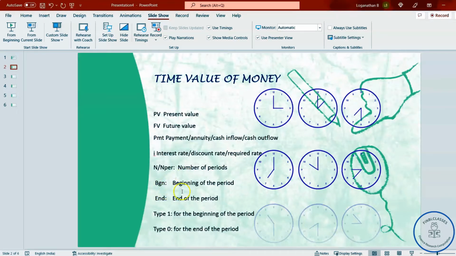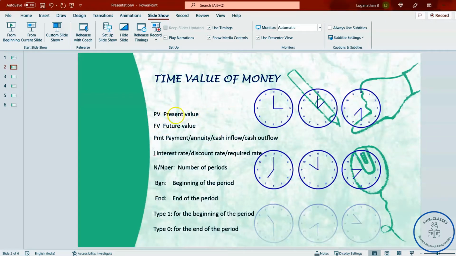Beginning is the beginning of the period, end is the end of the period, and type 1 is for the beginning of the period. Suppose the amount will be paid at the beginning of the period, say at the beginning of the month, then you have to type 1 in Excel. In a similar way, you type 0 if the amount is paid at the end of the period. Now we'll be getting into Excel